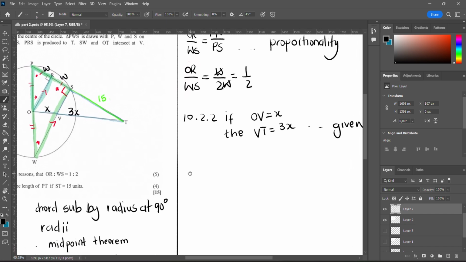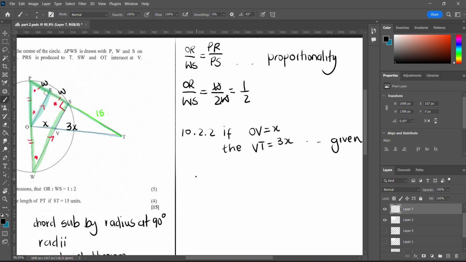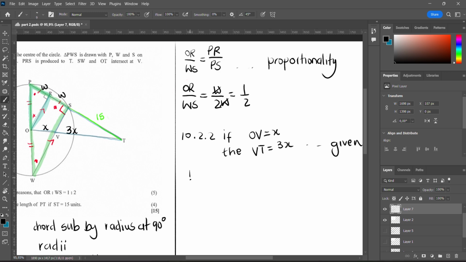So now we have to prove similar triangles, so we're going to say in triangle ORT and triangle SVT,